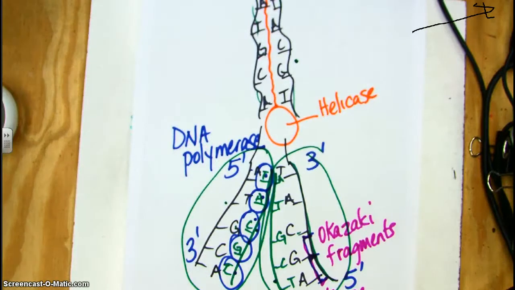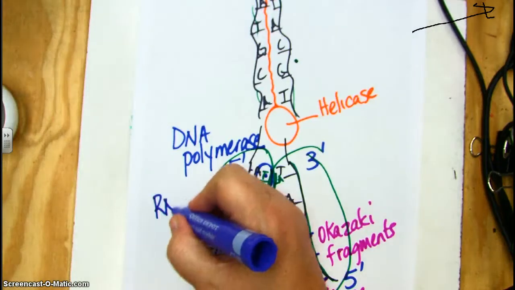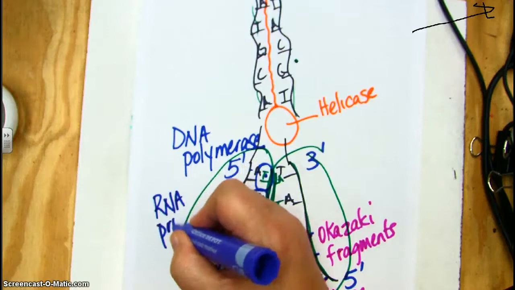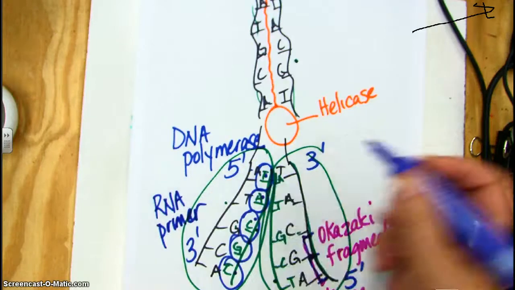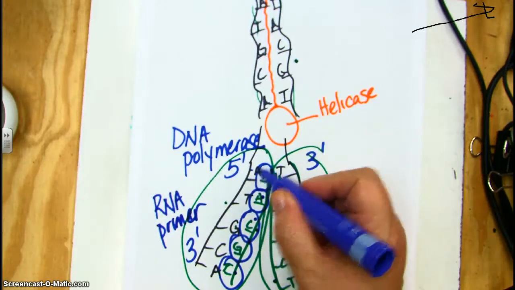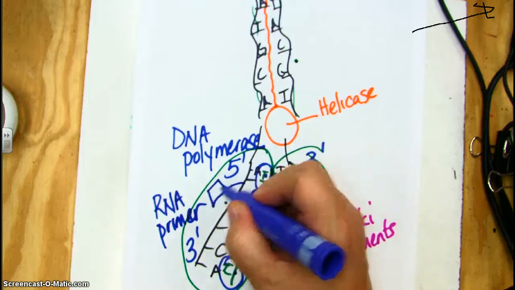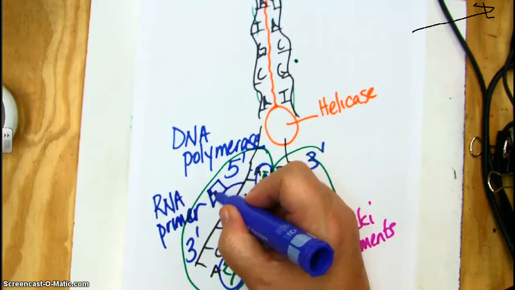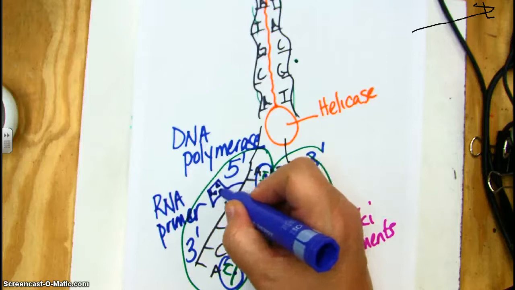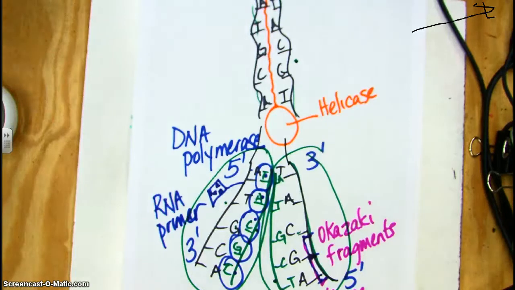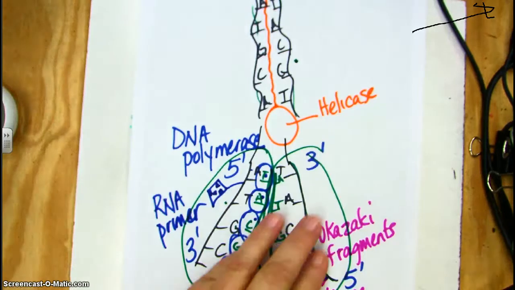And DNA polymerase cannot operate without our friend RNA primer. Okay, that's the guy with the checkered flag. He actually goes along here and says, start here. Okay, so he puts a little checkered flag, which is a piece of RNA. Put the checkered flag in so that it knows where to start. Okay, okay, so that's